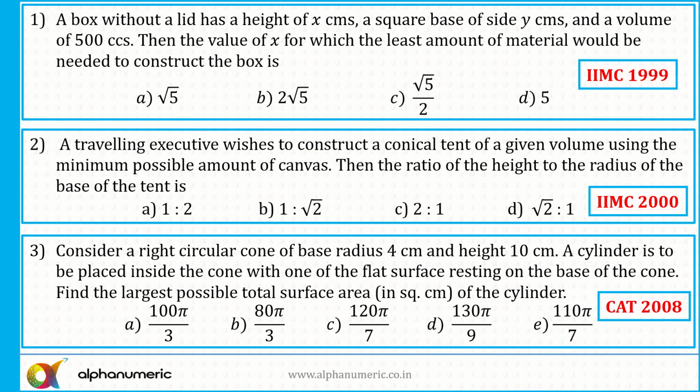So these are three questions in front of you. All these three questions are from geometry and this is IMC. Now, what do you mean by this IMC 1999, which I have written here, or the IMC 2000 here? IIM Kolkata offers two programs. One of them is known as PGP, which is Postgraduate Program in Management, and the other program is PGDCM, that is Postgraduate Diploma in Computers Management.